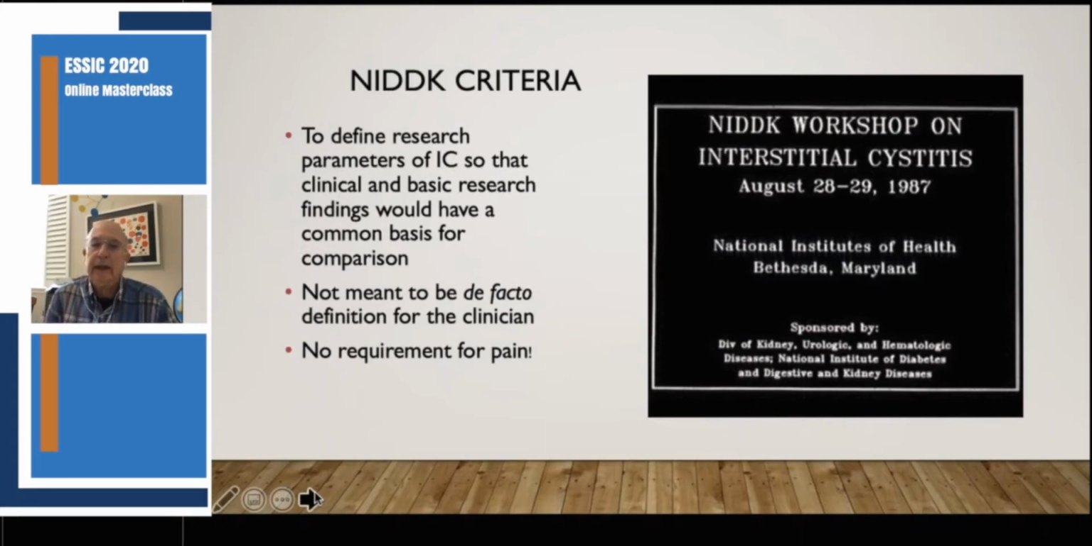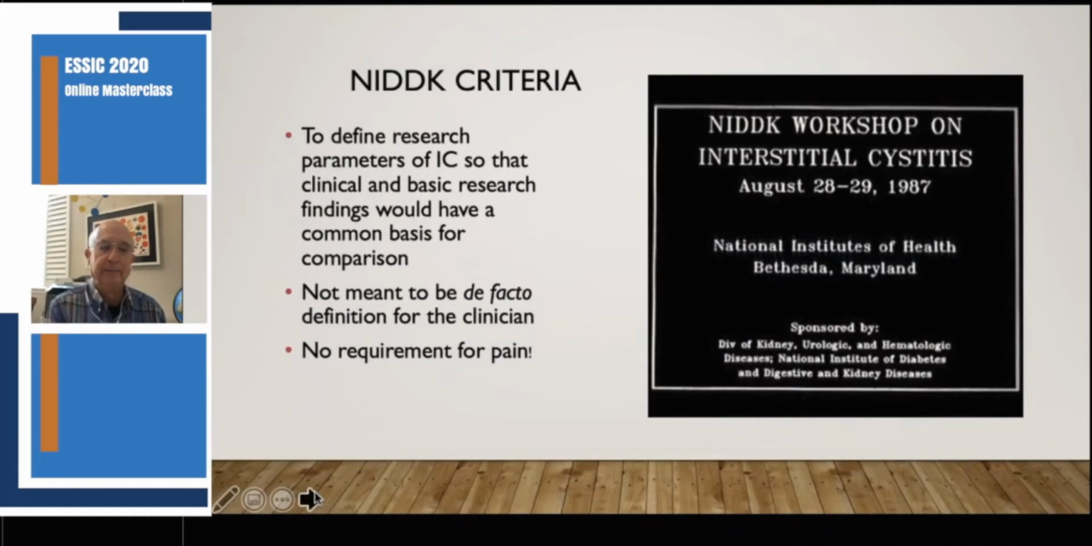meeting the following year in 1987, which was designed to define research parameters of interstitial cystitis, so that clinical and basic research findings would have a common basis for comparison. They were not looking for a de facto definition for the clinician. There was no requirement for pain actually back in 1987, but they wanted a research definition so that everyone who studied this disease and brought patients together to look at different potential treatments and different etiologies would be using the